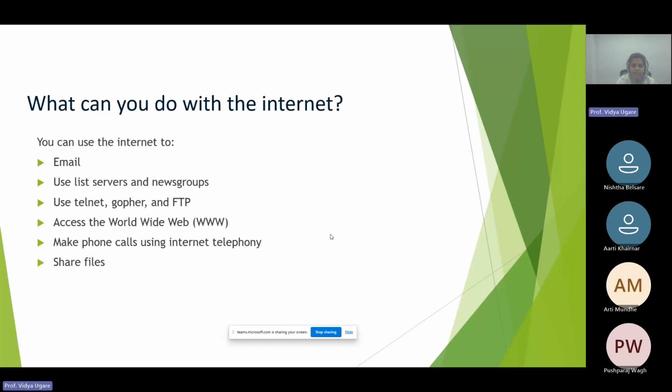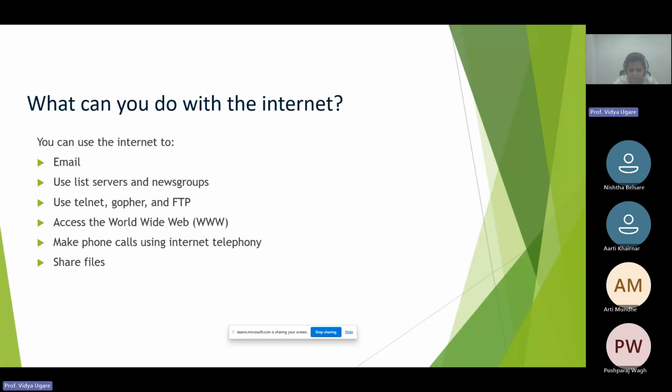Now, what can we do with the internet? We can do so many things. We can send and receive emails, we can connect to n number of servers, newsgroups. We use telnet, gopher and FTP. Telnet, gopher, FTP are used when you want to connect to a remote computer, maybe to upload and download, or to give them access, or to show them something. When we want to connect remotely, we use telnet, gopher and FTP for files, and everything will be accessed through this